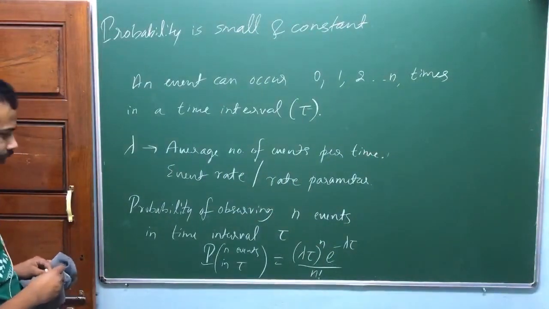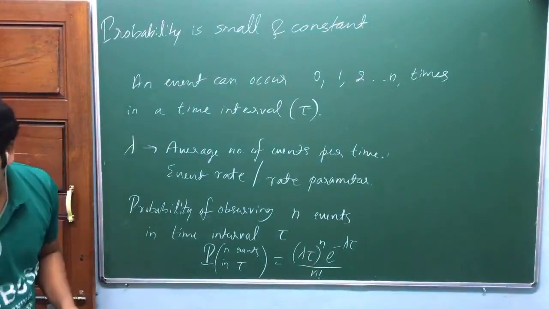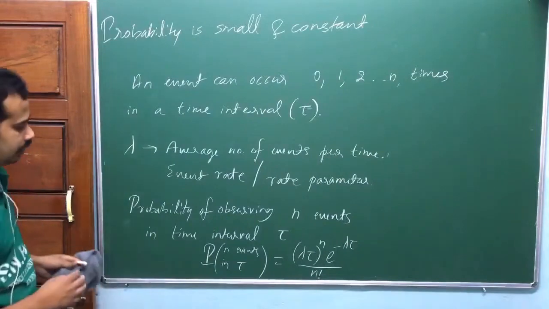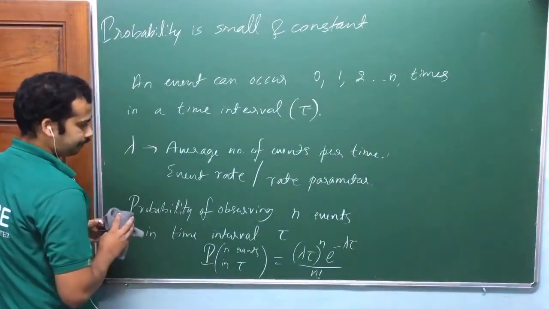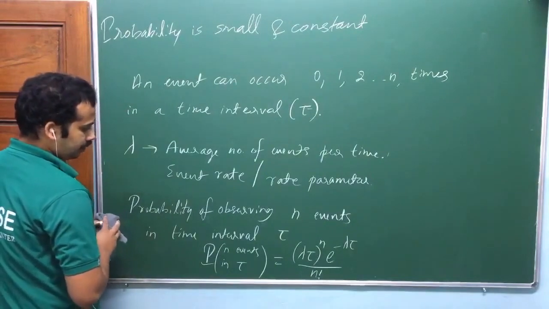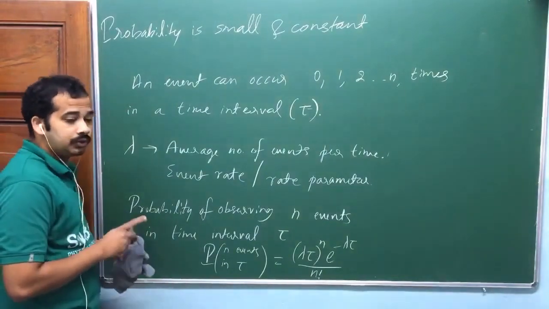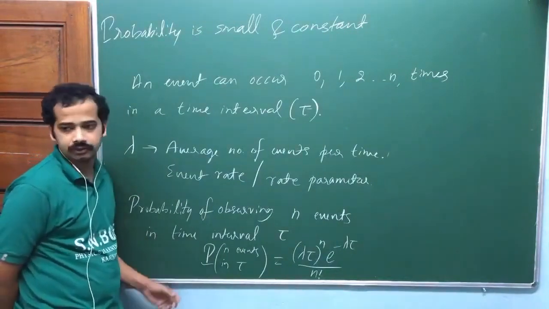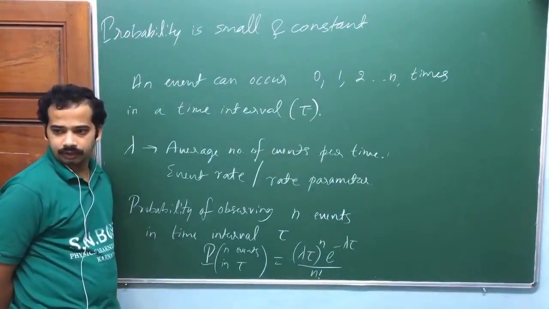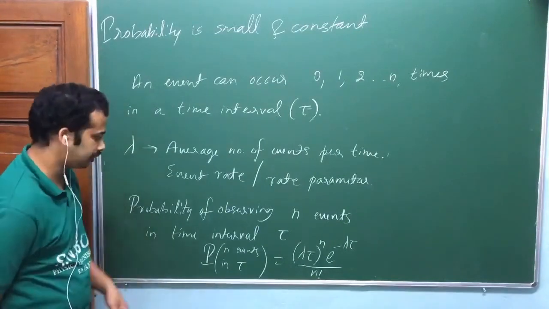Is that okay? Just try to remember the definition, try to apply that one, okay? Now let me take one example. How does this include the probability is small? No, we can apply this one to the situation when probability is small. If probability is large, this will give error actually. Is that okay? Again, we shall see that one.